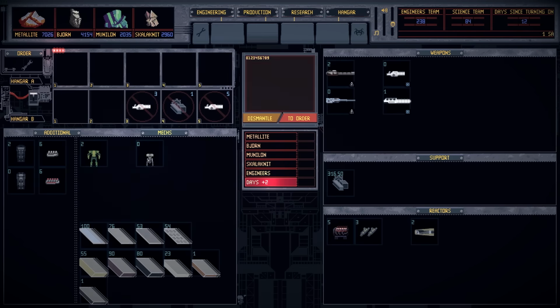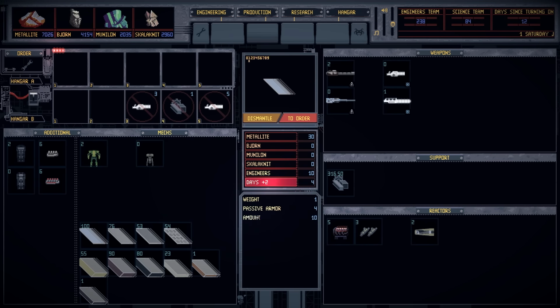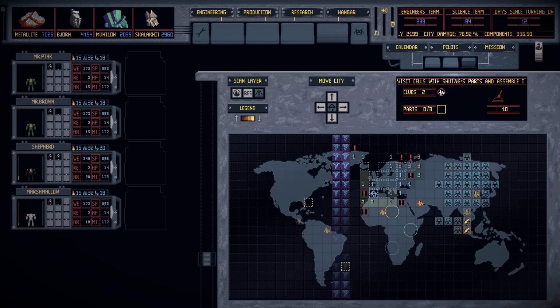Now, if we have a look at production, it should say that we will produce 10 at a time. Yeah, we'll produce 10 at a time. So 2 more levels, so 2 more days, and we will be producing the maximum amount of armor plates every time we make armor, and I think that will be absolutely wonderful there. Okay, so that's the city upgrade, and now we need to have a look at the mission screen